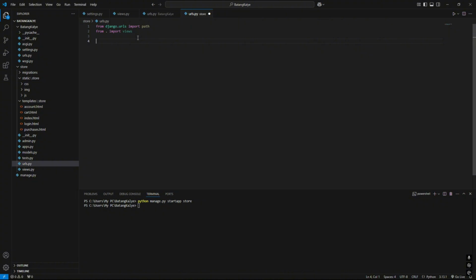Then we're gonna create our own urlpatterns here. To create a path, use views.login, comma, name equals login.